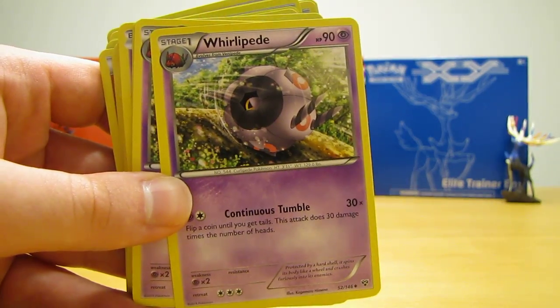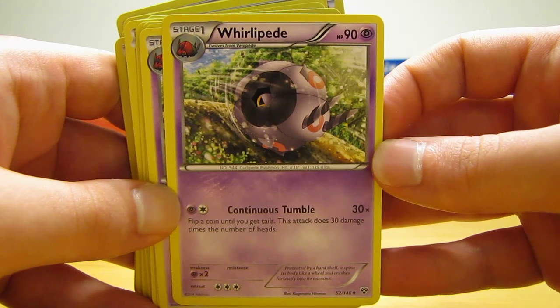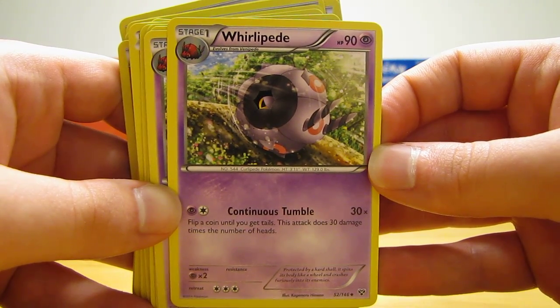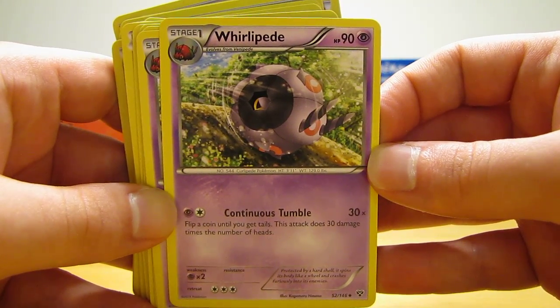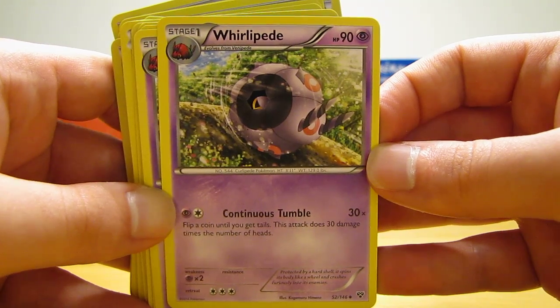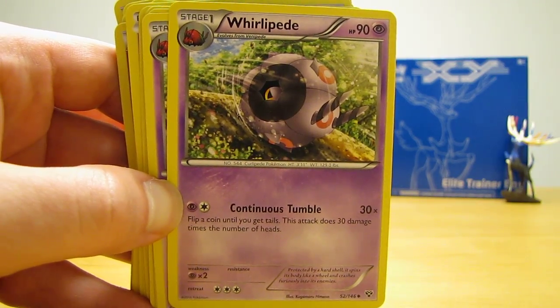So 3 of those, 2 Whirlipede, 90 HP, so average HP, just 1 move, and it says flip a coin until you get tails. This attack does 30 damage times the number of heads. So this card is absolutely worthless in my opinion. Venipede is pretty decent, but